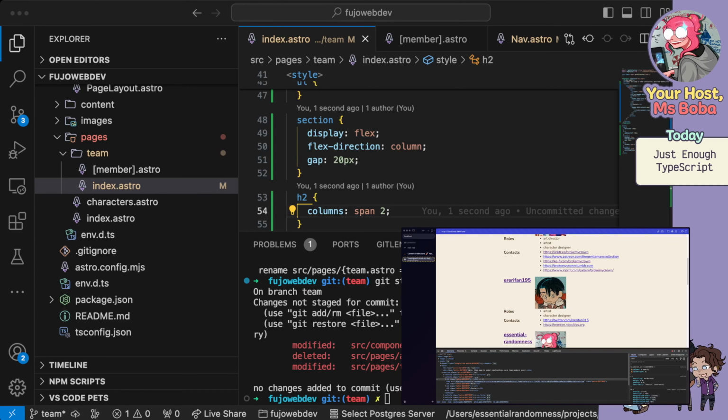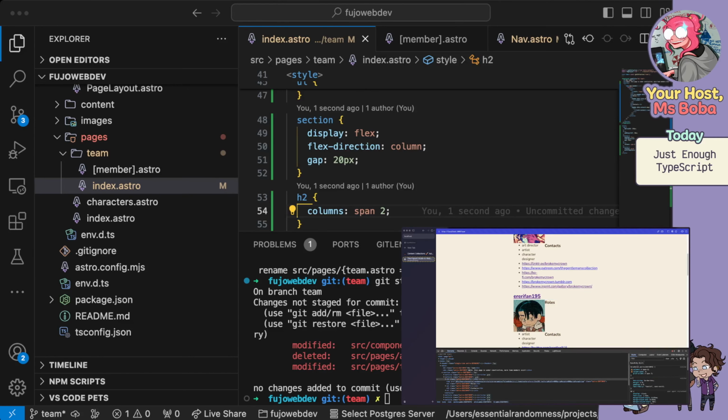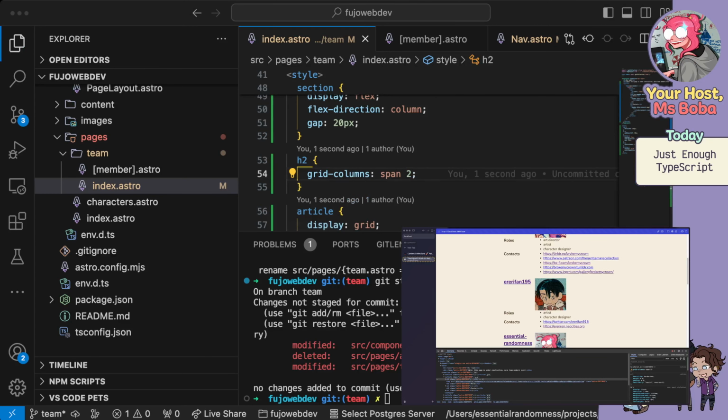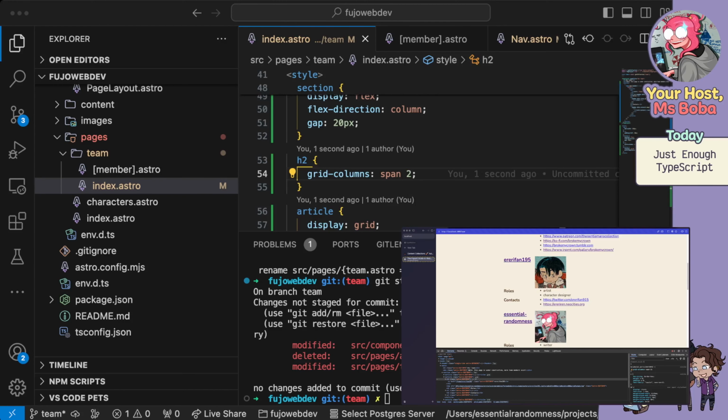Grid column span 2? I'm pretty sure. Because I want to make that one span 2 things, so... Okay, so now this one gets the whole row. Grid columns span 2. But now the problem that we have is the roles and contacts bit